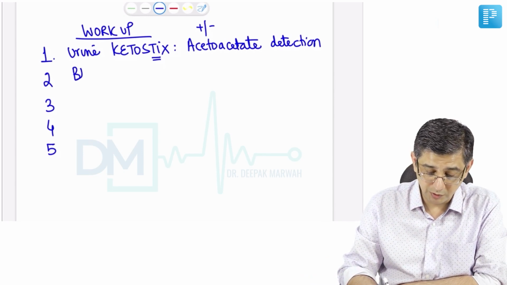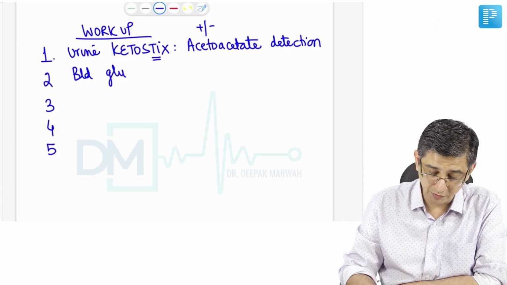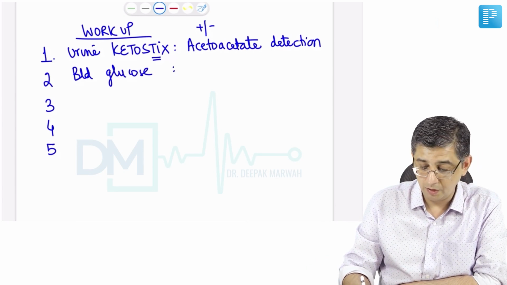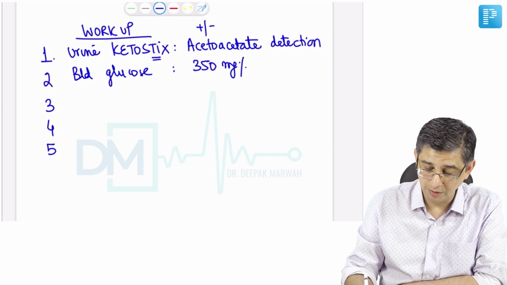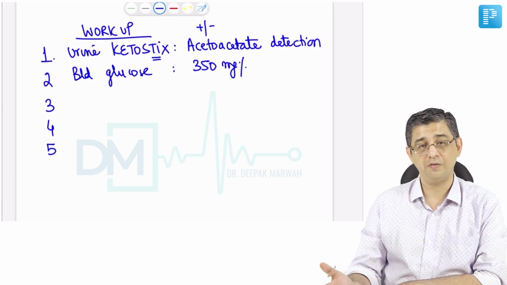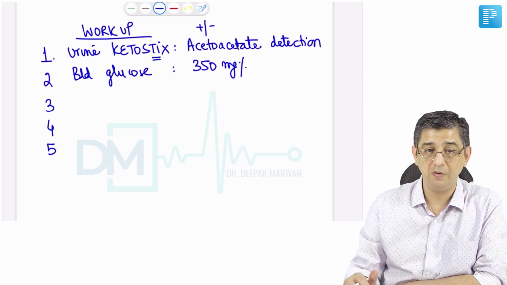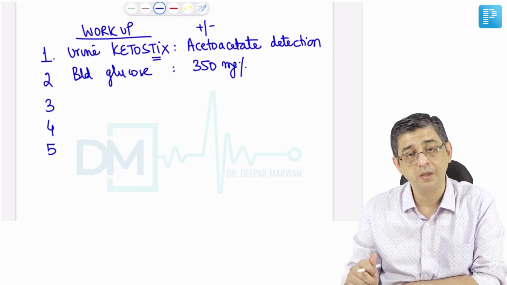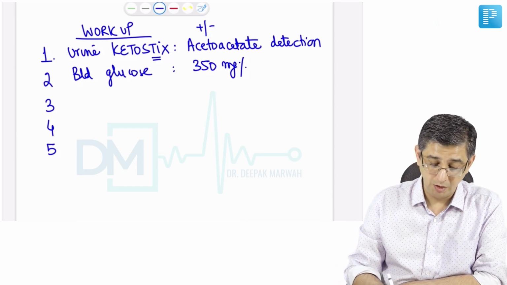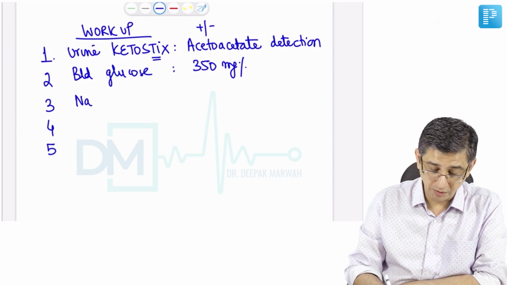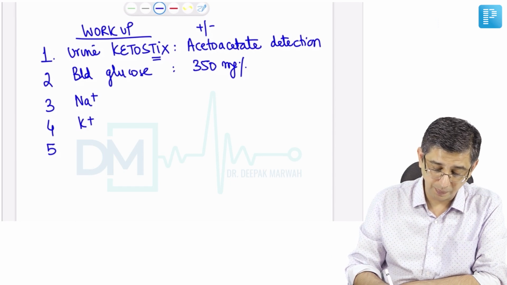The blood glucose or plasma glucose of these patients will always be skyrocketing. Most of the time you will notice in your practice that the blood sugar will be in excess of 350, higher than that, maybe 400, maybe 500 milligram percent, which is substantially high. Therefore, in this particular person with hyperglycemia, you will be getting electrolytes checked, that is sodium, potassium, phosphate.